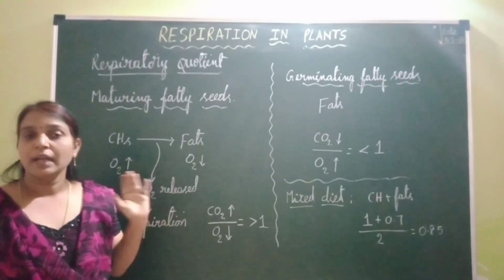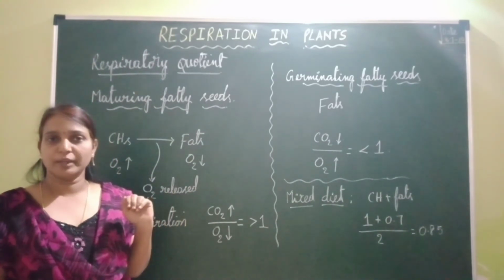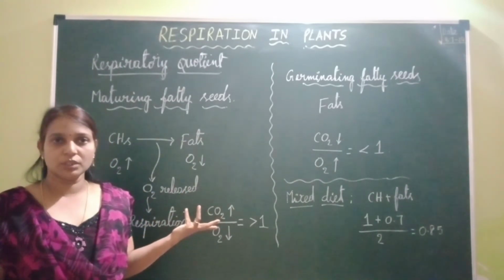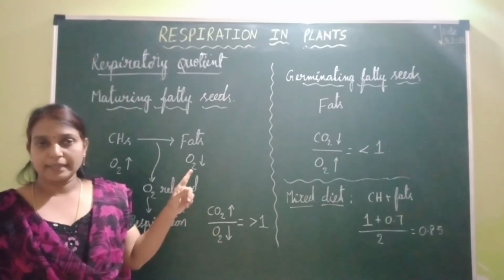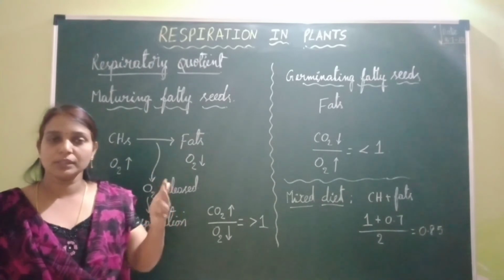Right, next coming to anaerobic respiration. In case of anaerobic respiration, especially in alcoholic fermentation, RQ value is infinity because there is no absorption of oxygen during the process of respiration. So 0 oxygen, and carbon dioxide released is 2 molecules. 2 carbon dioxides by 0. Anything by 0 is infinity.